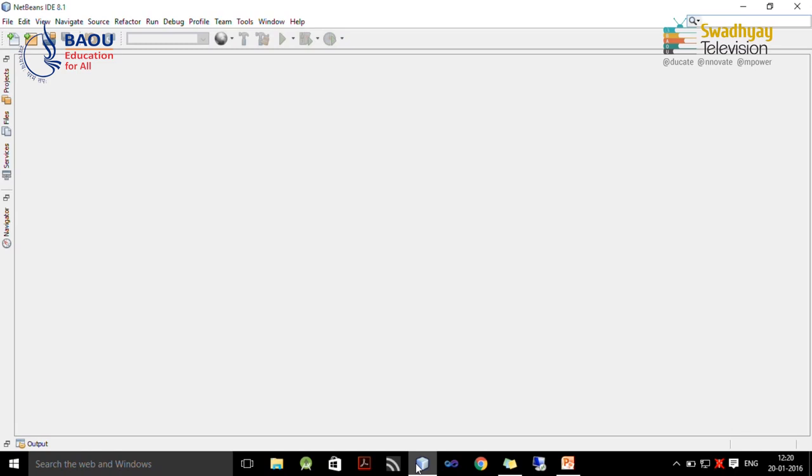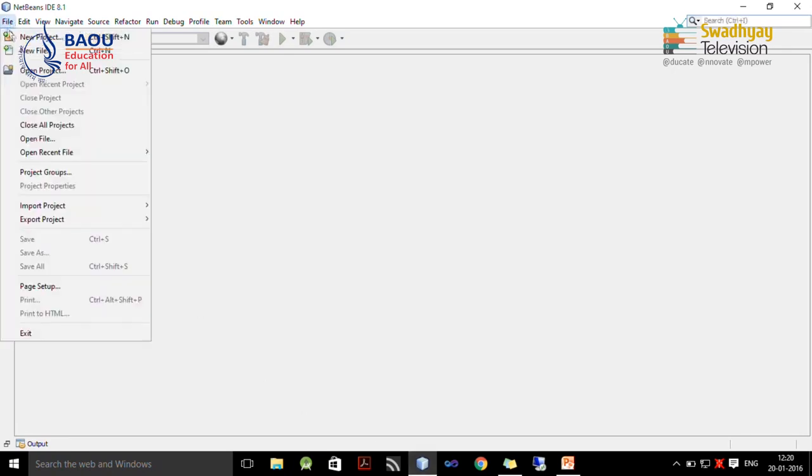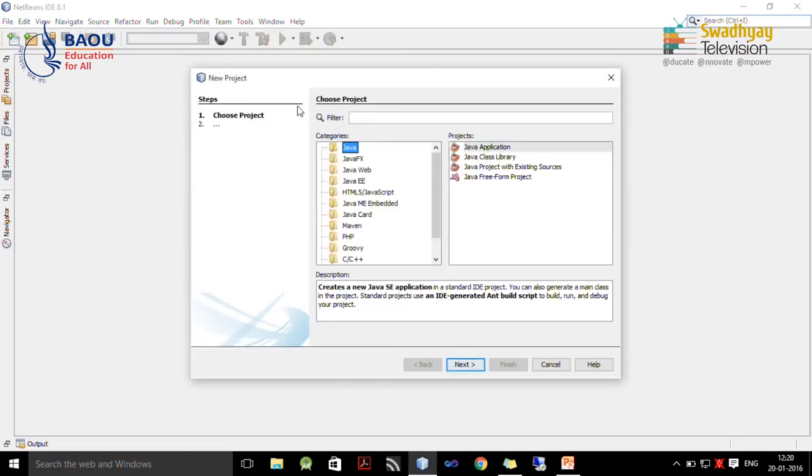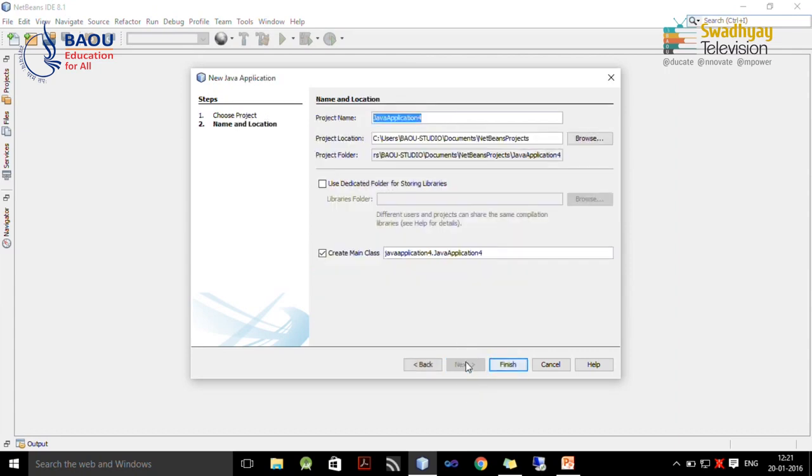On screen you can see a NetBeans IDE start interface. Here from file menu I select new project, and here from category I have to select Java, and in project we have to select Java application, and then I press next.